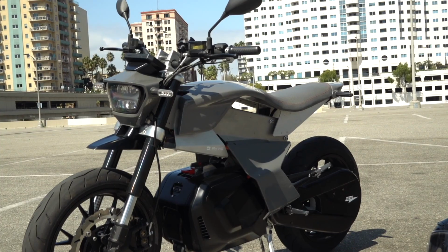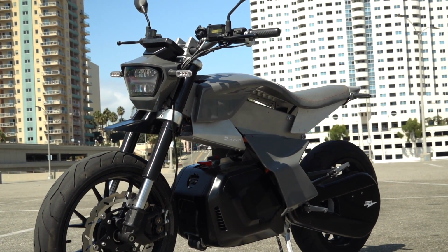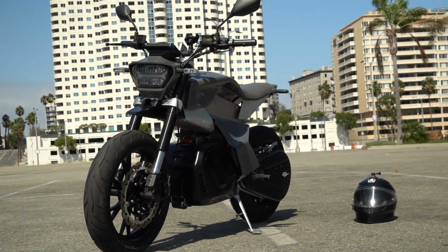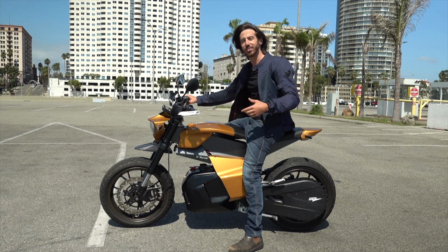That means you can actually play with the frame yourself and make use of different suspension mounting points that they've built in, as well as different head tube angle bolt holes to totally change the geometry and the ride of the motorcycle. One of my favorite features is the actuator built into this seat, so you can actually change the